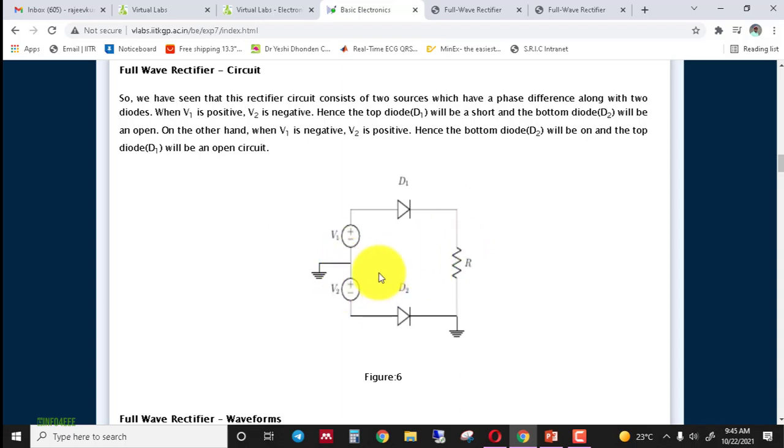But in this positive half, diode D2 is in reverse bias condition and is not conducting, so diode D2 works as an open circuit. In the other half cycle, diode D1 works as an open circuit, but diode D2 is in the conducting state. So in that negative half cycle, we again take the output across the load. This is the concept of D1 and D2 in the full wave rectifier under the center tap condition.